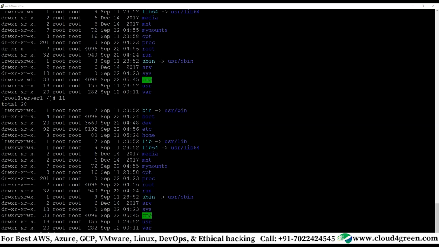So before extending a logical volume, you should ensure that there is space in the volume group. If you don't have space in the volume group, you need to add a new physical disk, then create a physical volume out of that, and then extend the volume group using this physical volume. Clear? Okay. So with this, we end today's session.